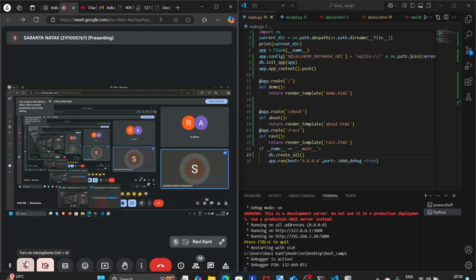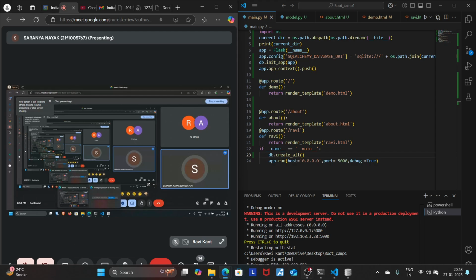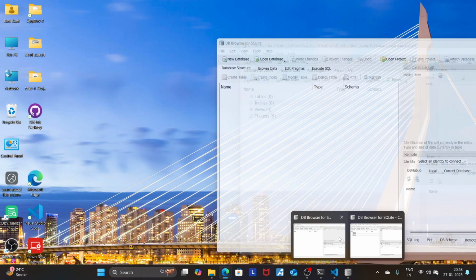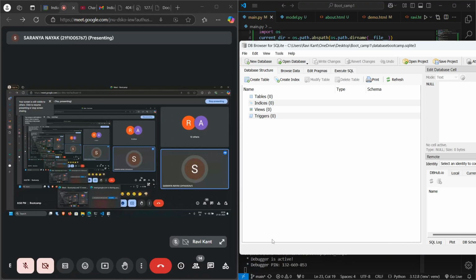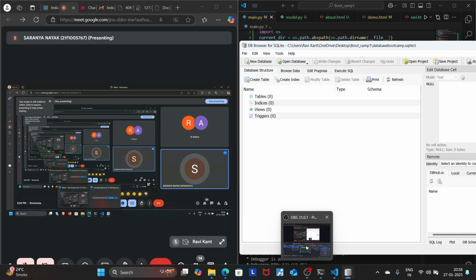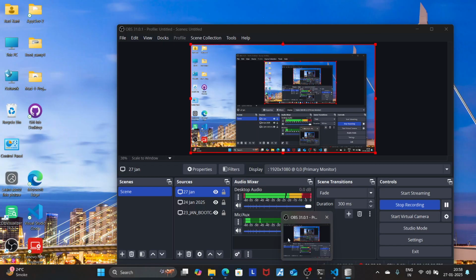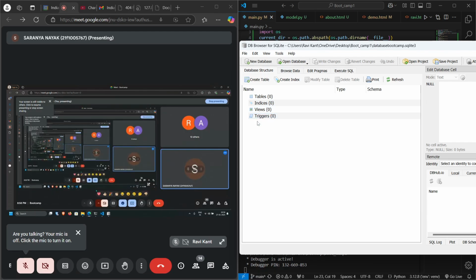By the way, everyone has a table in their database, right? Is anyone over here who doesn't have a user table in their database like this? I don't have, I will make it later on. Okay, so for the others, I will show you how to create a database using an online tool